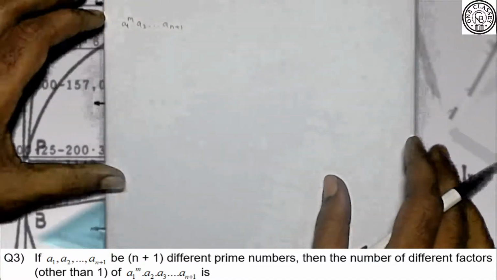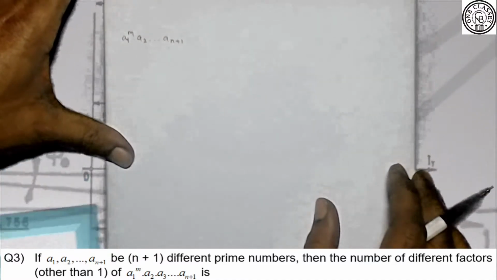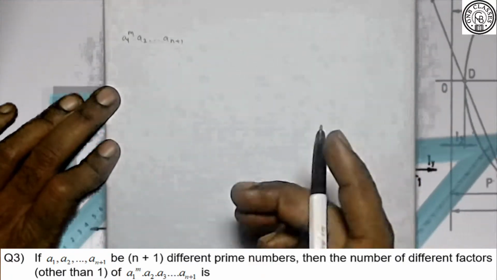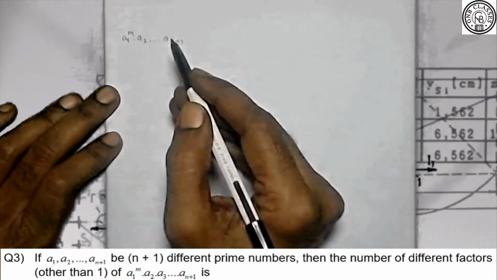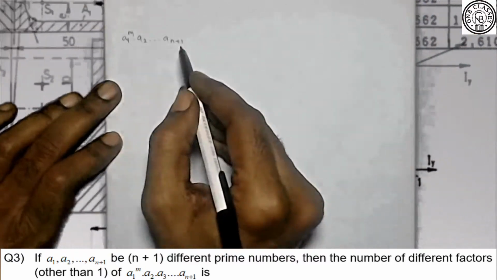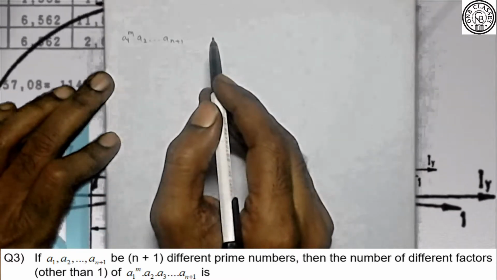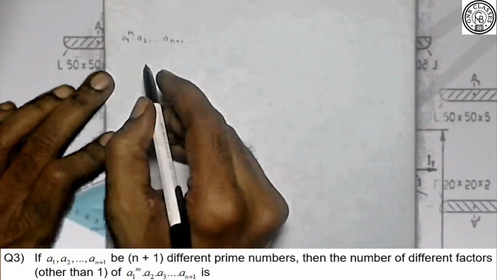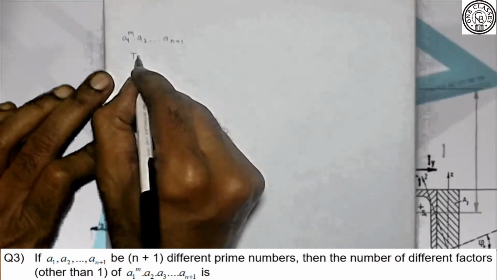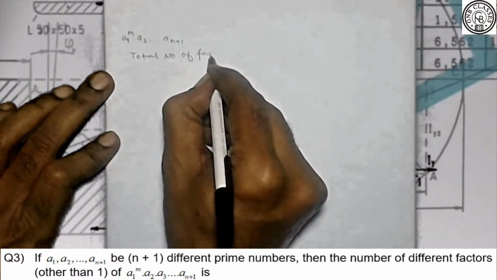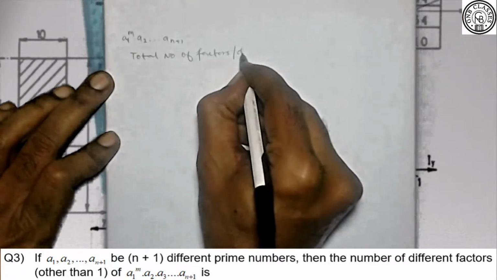I have not written the options here. You can check it from your book itself. It's a pretty straightforward question. They have asked you how many different factors or divisors are there other than 1. So the total number of factors or divisors